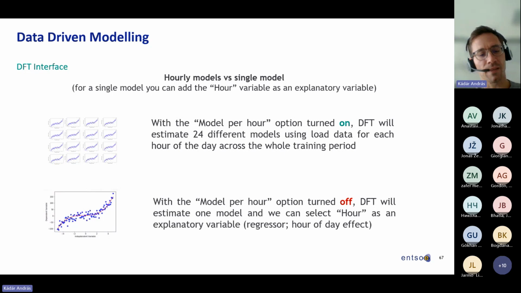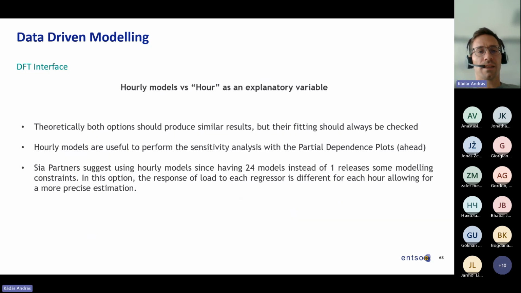So in this way, we can still distinguish between the hours of the day, but it's not separate models, just parameters which are different. Theoretically both options produce similar results, but